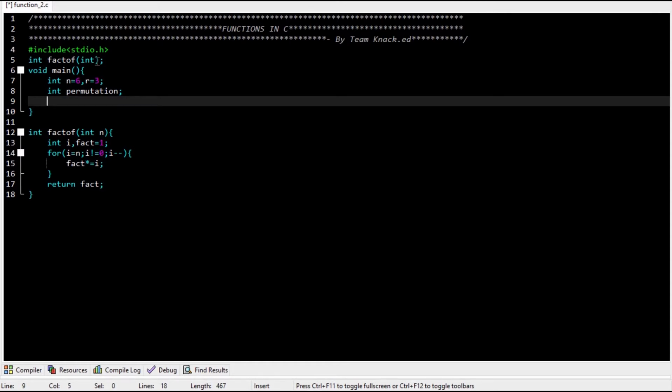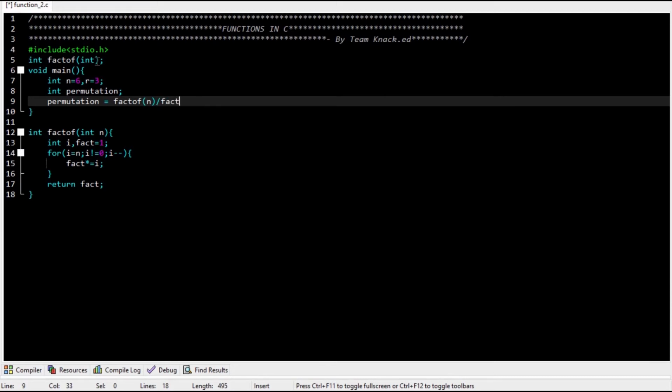So I can write permutation is equal to fact of, as you can see the function name is fact of and it takes in an integer, so I write n, and this divided by